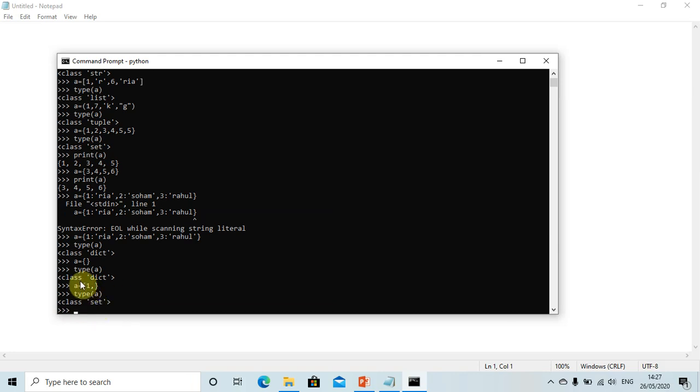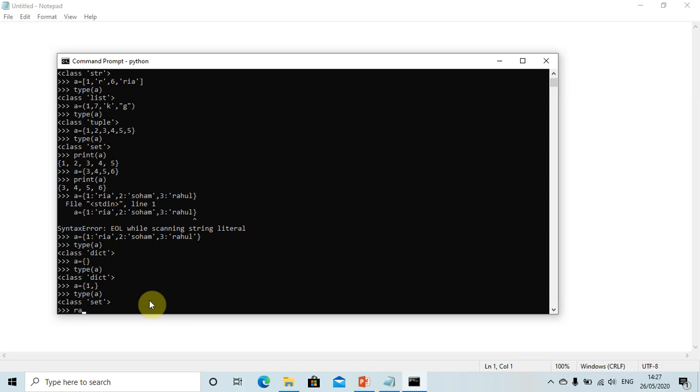There is no need to worry if there are more than two elements or two elements, because then again it will differentiate as key and value pair for a dictionary, and if there are only elements enclosed within curly braces, for a set. But this is for less than two elements. Okay,